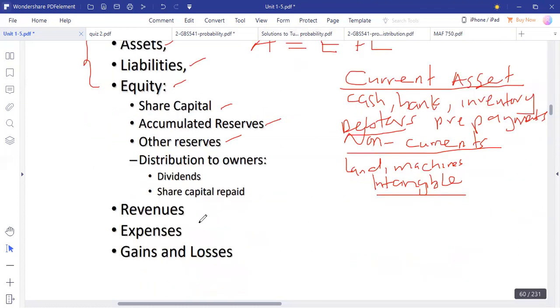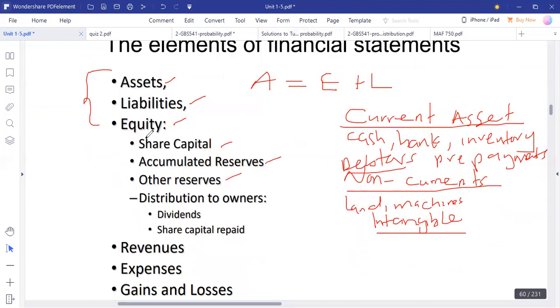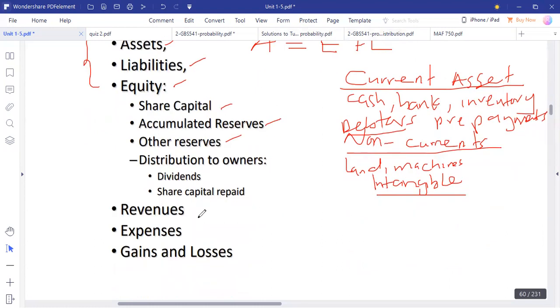Other added parts to equity, sometimes revenue. So this is part of the elements that are found in financial statements. Revenues include our sale of assets. Expenses include expenditures like rent, wages. These ones are different from capital expenditure because revenue expenditure is usually spent on maintaining our assets that are available, and repairs, depreciation, payment of salaries,